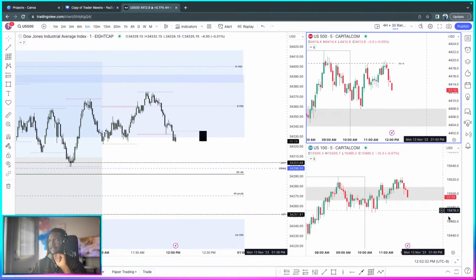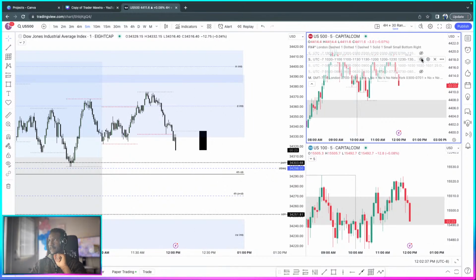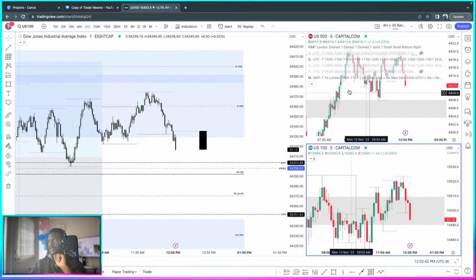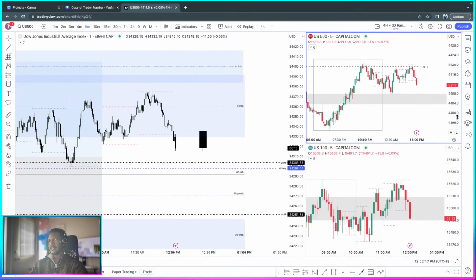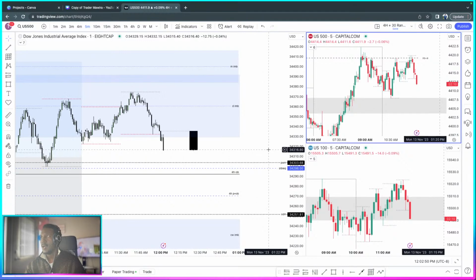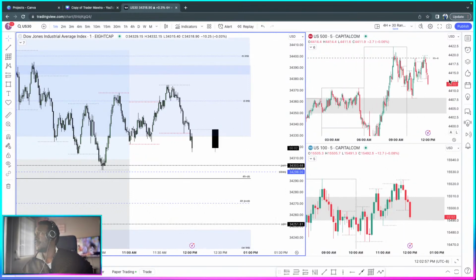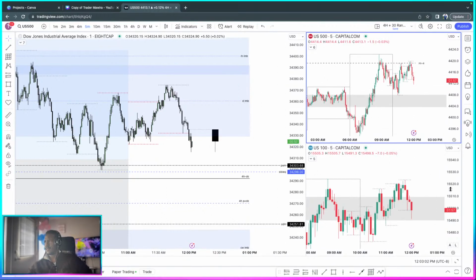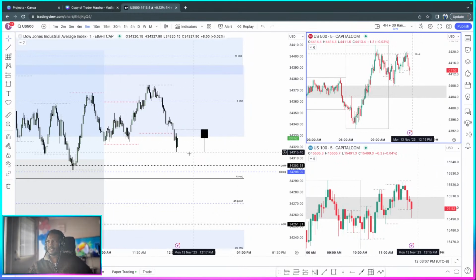Looking at these guys, I like how they are spooling to the downside already. This is what I like to see when I'm in a trade. When all of them are now going one-sided, it's usually just amazing. But in this case, I was not here on time because the moves began at 11:40, and we start trading at 12 p.m. So sometimes we miss, but let's see how we can take part in this move. I like when I'm in a trade and all three of them are just one-sided. It's the best of the best.